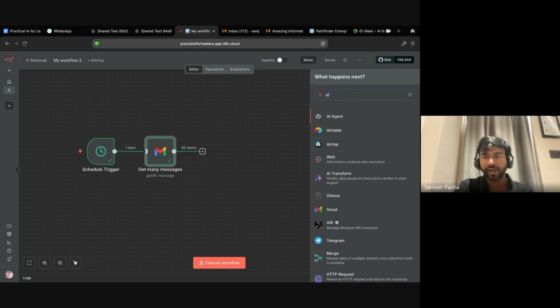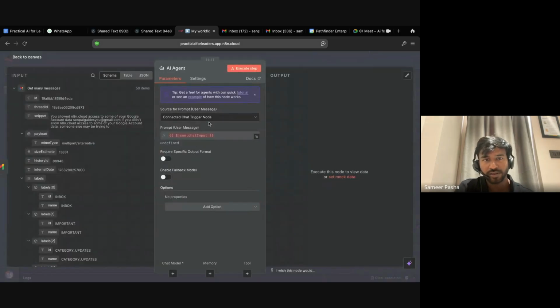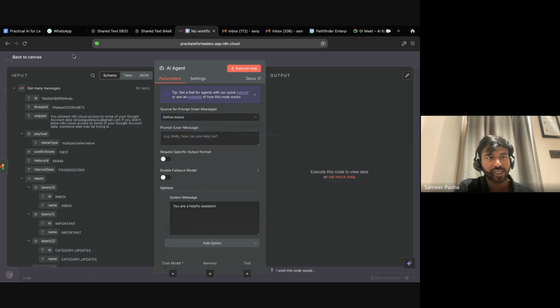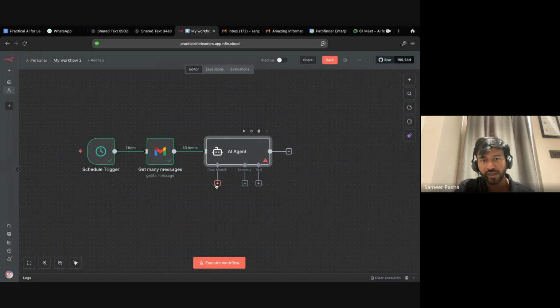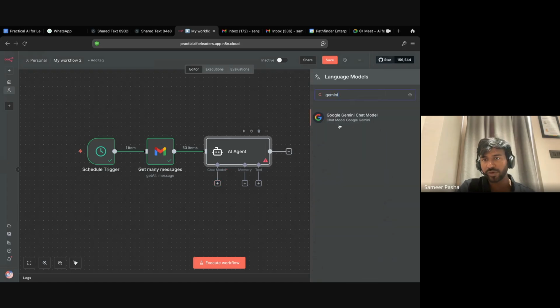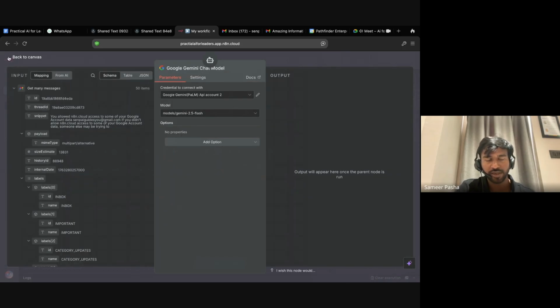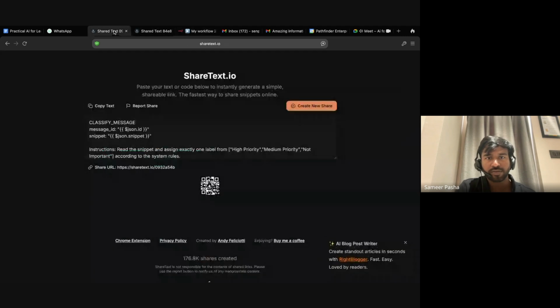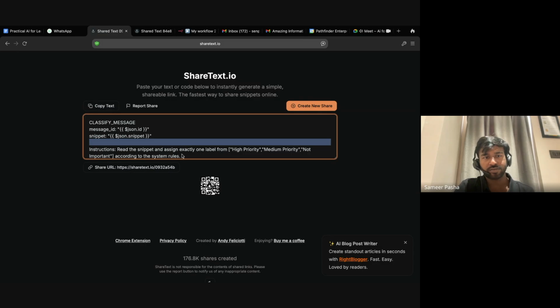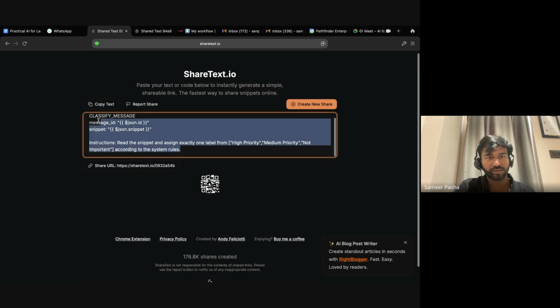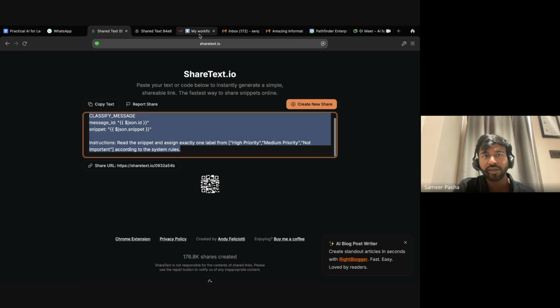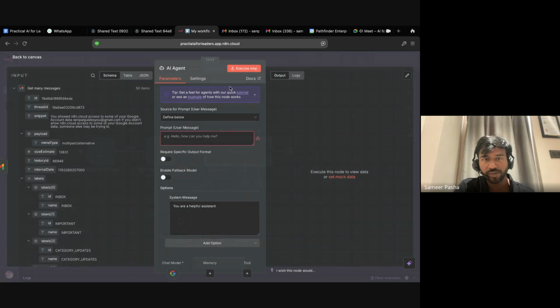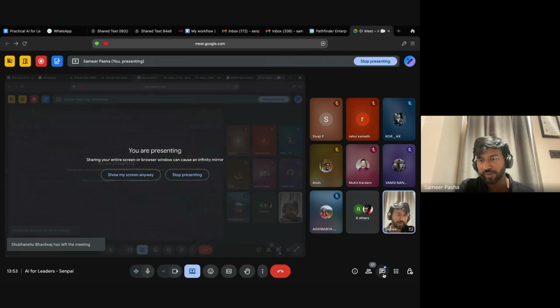Now I'll connect this to an AI agent. Define below the system message. Since we are currently using Gemini, we'll be using Gemini. So this will be the user message that we will be passing on to the AI agent. I'm going to copy paste that here.